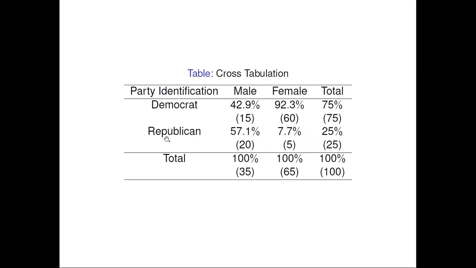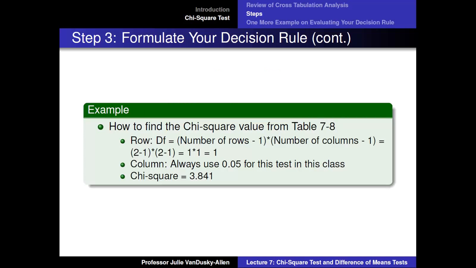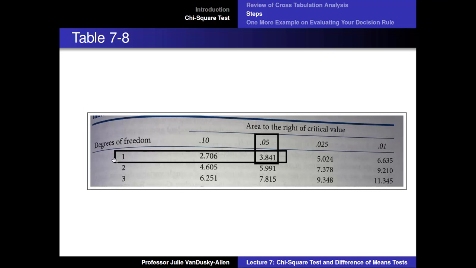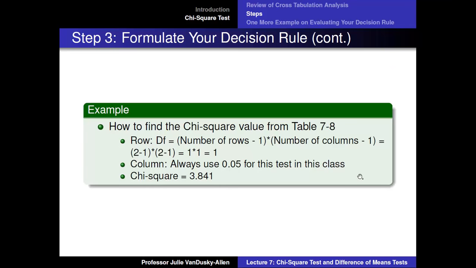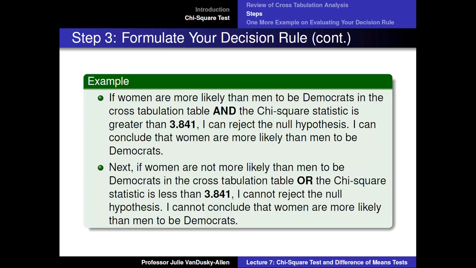So in our crosstab, we have 2 rows, Democrat and Republican, and 2 columns, male and female. So our degrees of freedom are 2 minus 1 times 2 minus 1, which equals 1. Looking at the 1 row and the 0.05 column, we get the value 3.841. Inserting this into our decision rule,